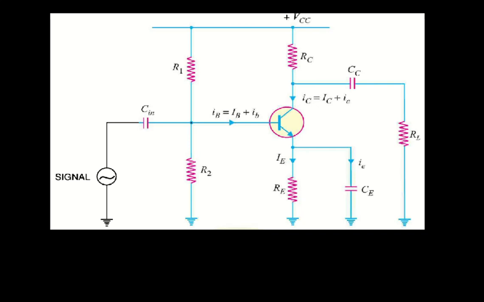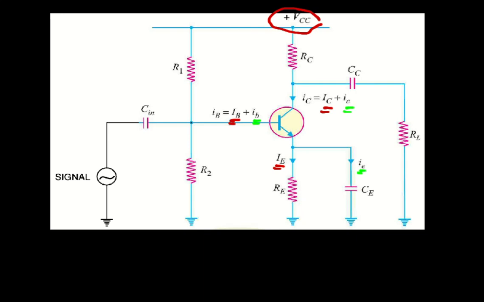And we know that the current through any branch in the amplifier circuit consists of both AC and DC. The DC source that is connected here, the VCC, is responsible for the DC currents and DC voltages in the circuit, and the signal which is supplied to the circuit is an AC, which is responsible for the different AC voltages and AC currents through the circuit.